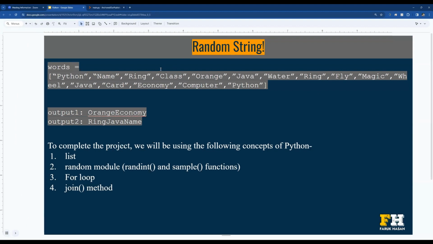So let's say I have a list of words in Python. So this is my list of words. As you can see, I have Python, name, ring, class, orange. So a bunch of just random names. So this is going to be my input, and from this list of words, what we want to do is generate a string where the output could be orange economy. So you can see that it picked two random words from this list, combined them together and creates a string